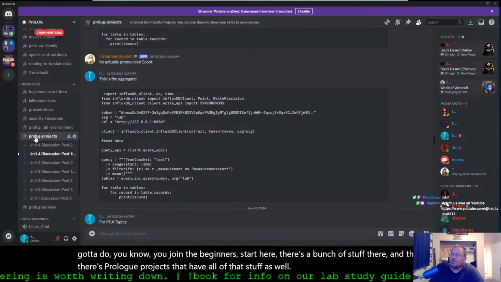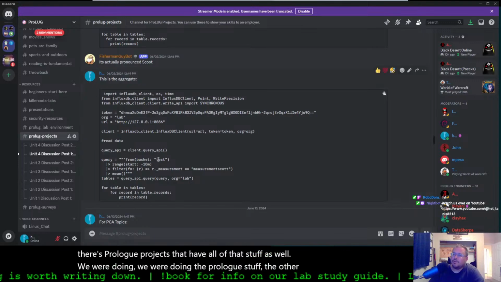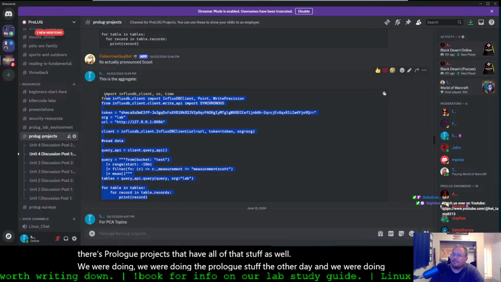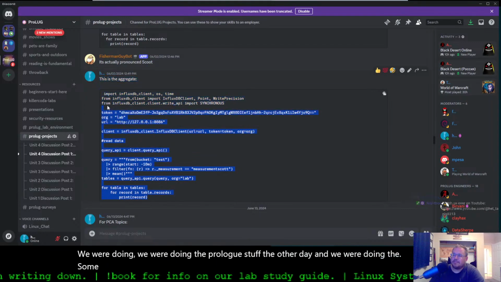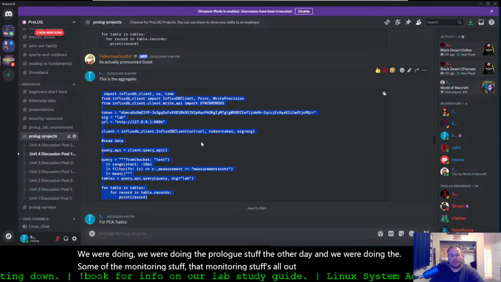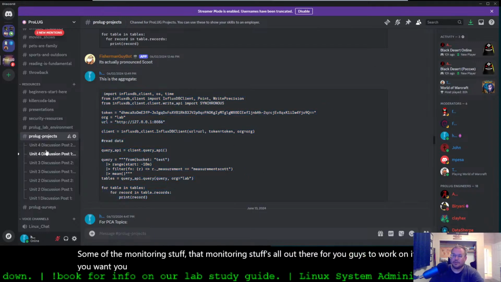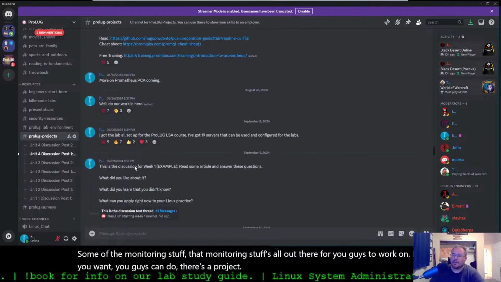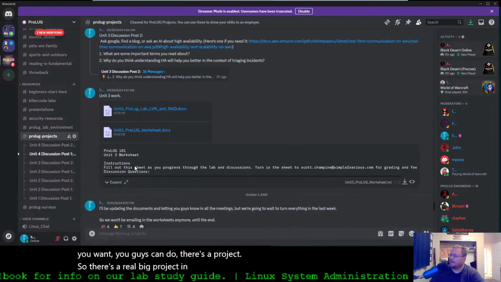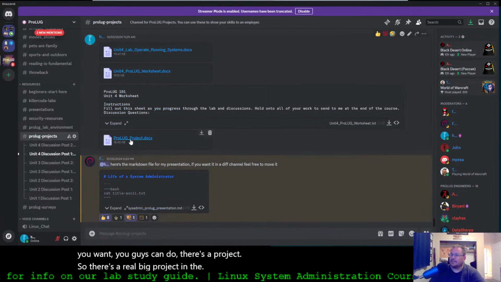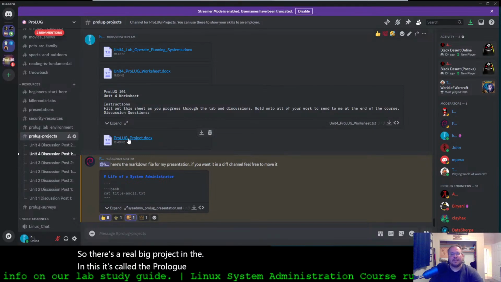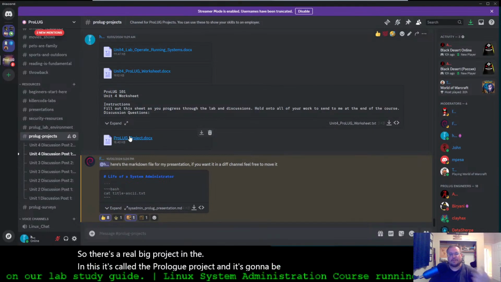We were doing the Prolog stuff the other day, and we were doing some of the monitoring stuff. That monitoring stuff's all out there for you guys to work on if you want. There's a project. So there's a real big project in this. It's called the Prolog project, and it's going to be actually building out and deploying and getting in